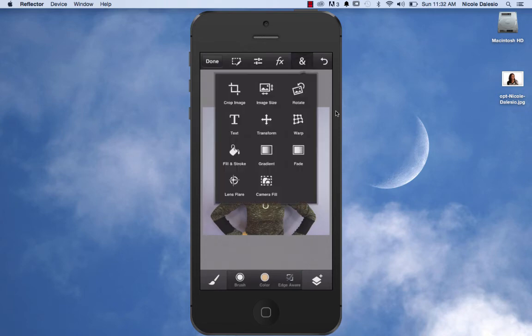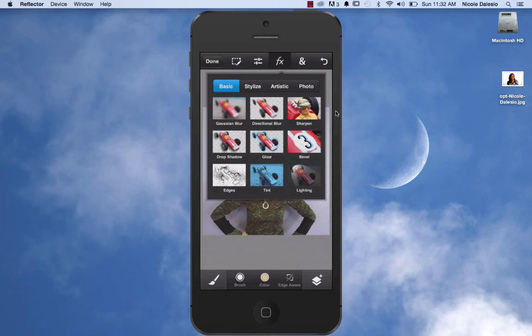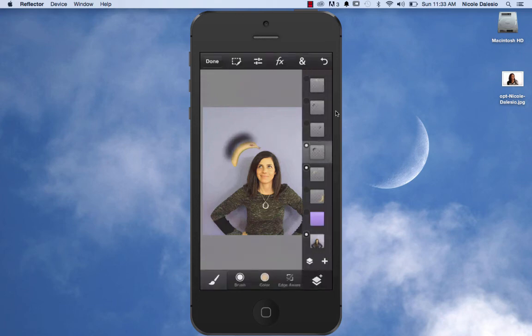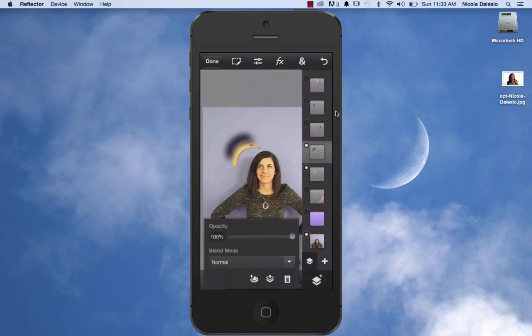Okay, the next thing that I would do is go to my Gaussian blur, and I would add a blur to my banana. And then what I would do is reduce the opacity of my banana. And you can kind of fiddle with it until you get it just right. And then go ahead,